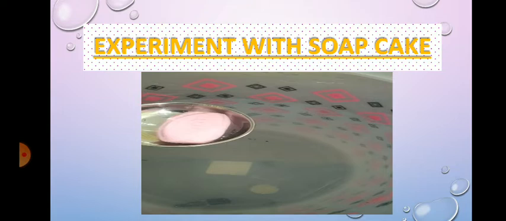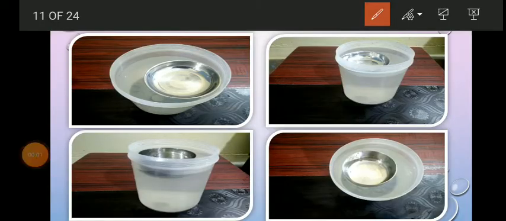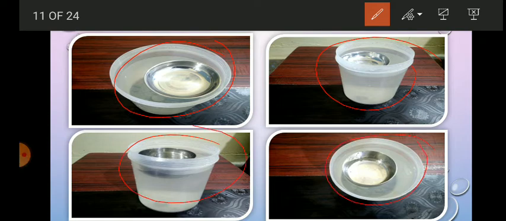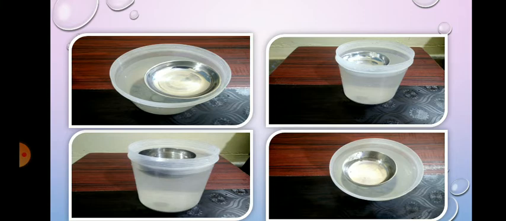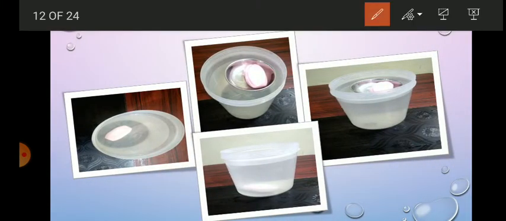You may be wondering that the soap cake sinks in the water, but the same soap cake, when we place it in the steel bowl, starts floating. How does this happen? You also wonder how this steel bowl floats on the water, and that a soap cake sinks to the bottom when put inside the water, but the same soap cake floats in the steel bowl.